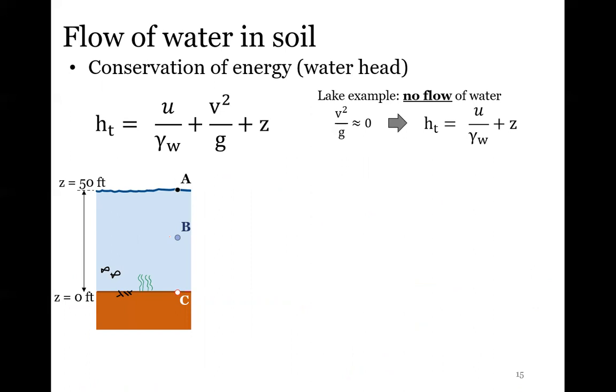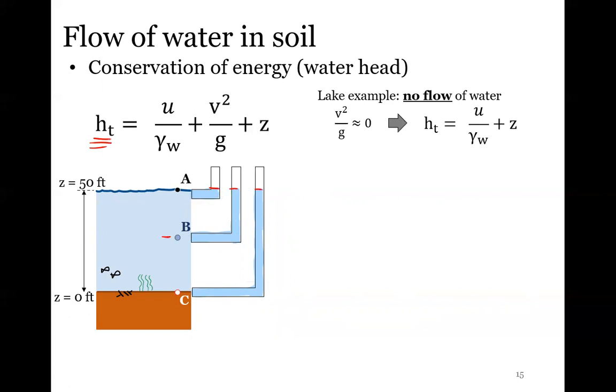So let's say, so that hopefully this makes sense, because what this pressure head, you'll see in this class, this total head is often represented by like these little tubes sticking out. So what this is actually telling us is how much water will rise. That total head is how much water will rise in a theoretical tube if we were to stick it in that spot. So in this case, since we have no flow and everything is equal, then the elevation in each one of these tubes, regardless of the depth at which the tube is placed, is all going to be equal. So our total head